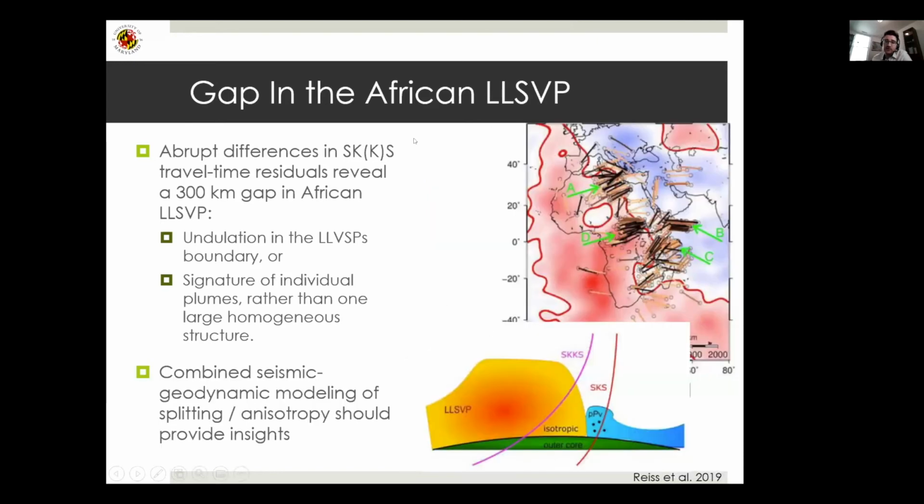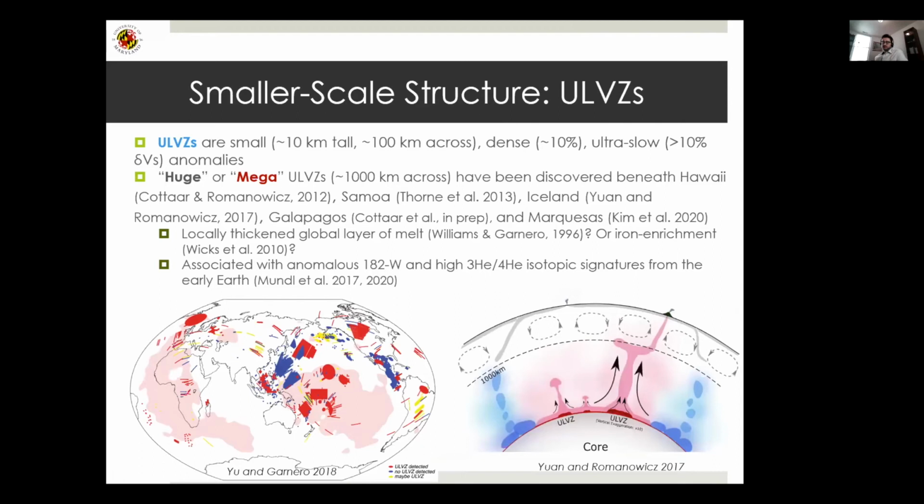And I think a way forward is to combine seismic constraints with geodynamic modeling of, in particular, the splitting and anisotropy, which tells us about flow around these regions, which should provide insight. So here we have a paper by Rice et al. in 2019. This is from Maureen Long's group, where they're looking at differences in splitting between phases that go through the LLSVP and those that go right outside it. And in this region where Castle finds a hole in the LLSVP, there are some kind of interesting anomalous signals. But let's talk about structure that's smaller scale than